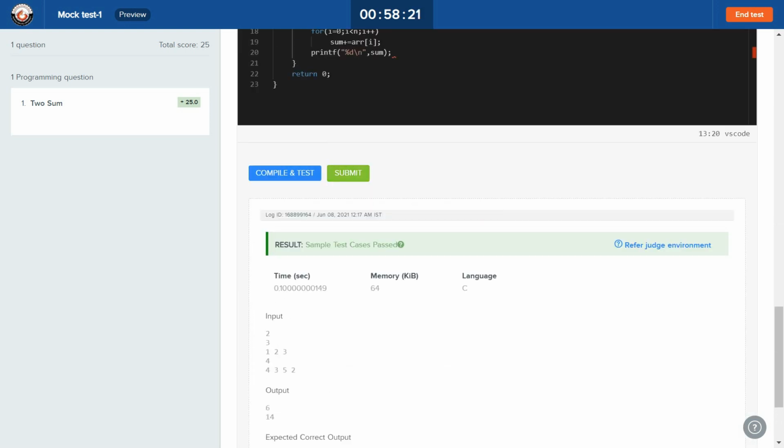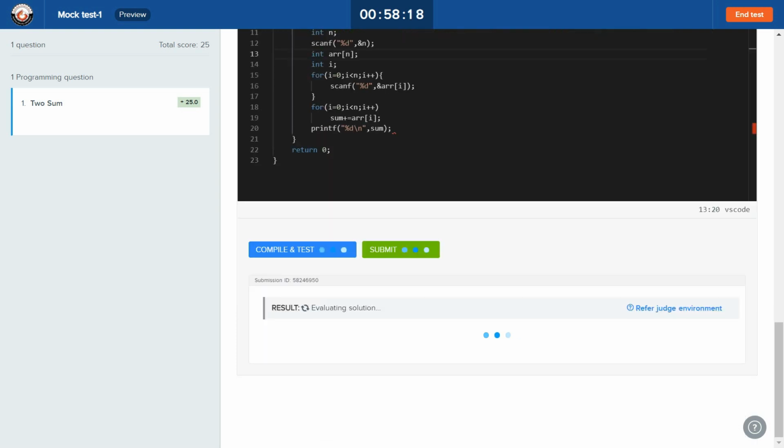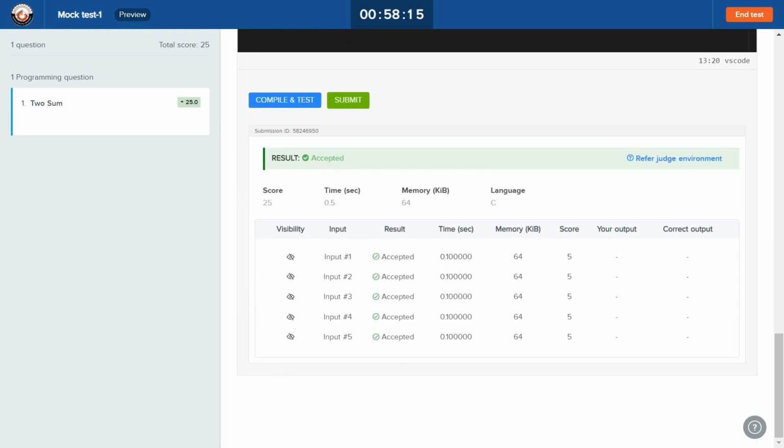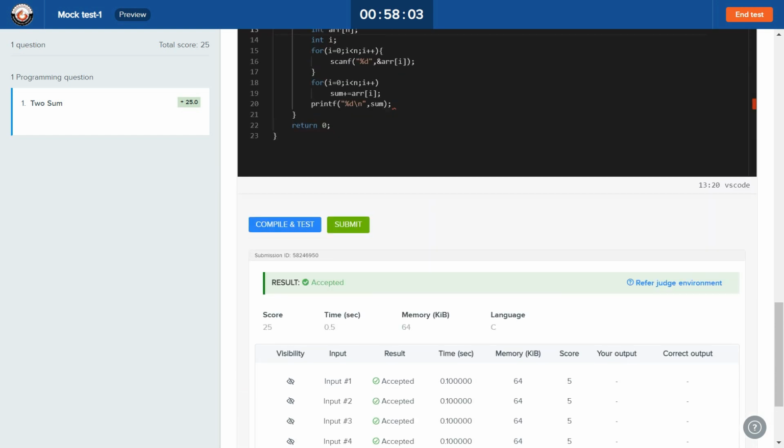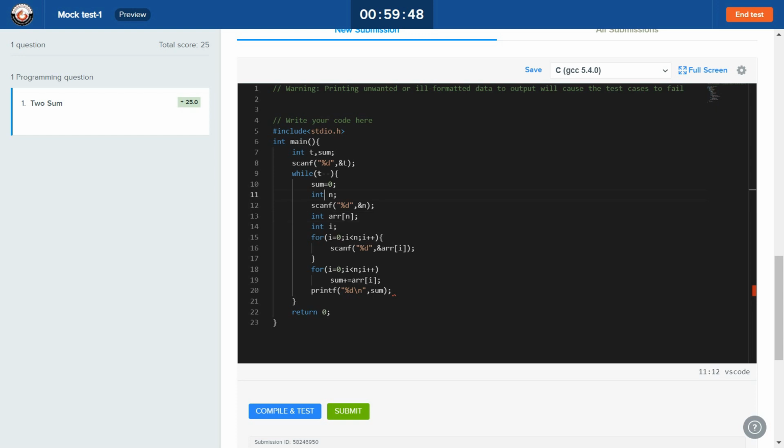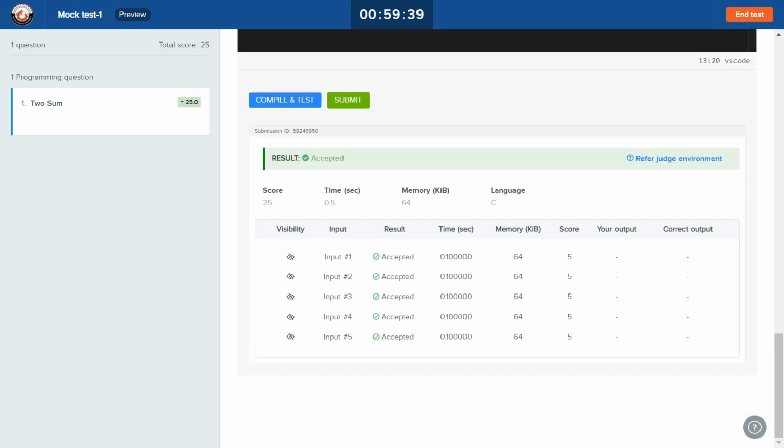when you click on the submit button, you will see it is evaluating the solution, and there are 5 test cases behind the scenes. So test case 1 accepted, 2 accepted, and all the test cases are accepted. These test cases are a little larger. Probably test case 1 has maybe 5 test cases, and every array is of size, let's say, 1000 or 2000 or maybe 1 lakh, 2 lakh, it can be any size. But you do not have to worry, because you are taking n from the user and creating the array of that size only. So no need to worry about it. But we will check your output on different test cases.